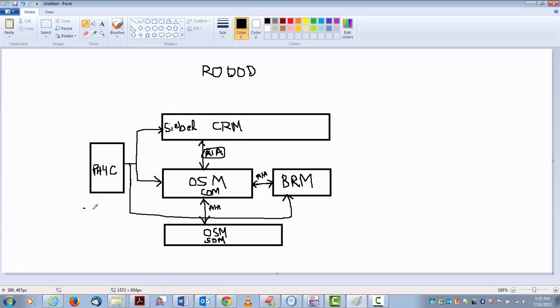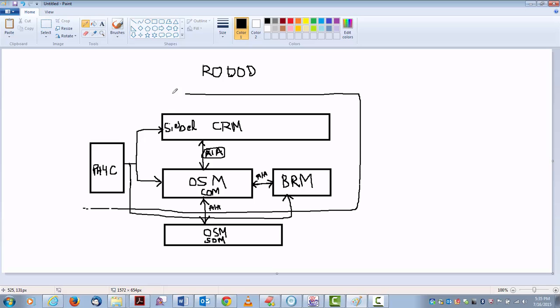So these four applications along with AIA are a part of Rodot, whereas Rodot also interacts with OSM SOM, and there are applications like Oracle ASAP for doing the activation, and UIM for doing the inventory management.